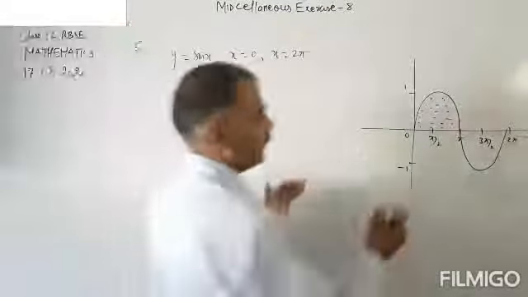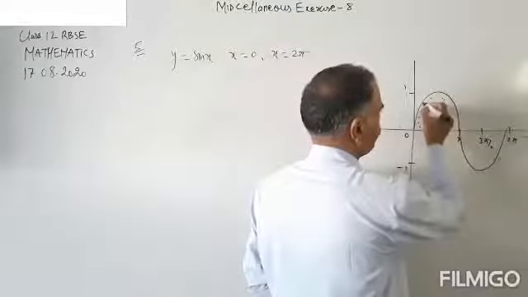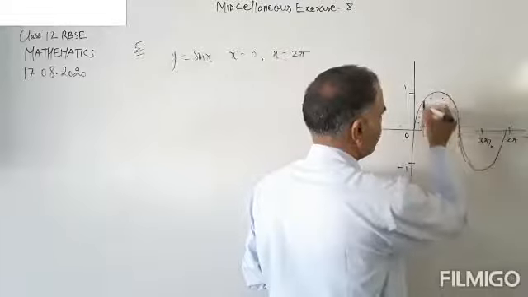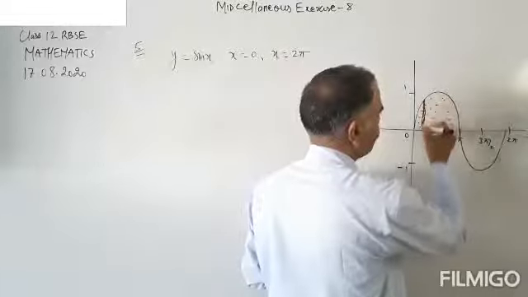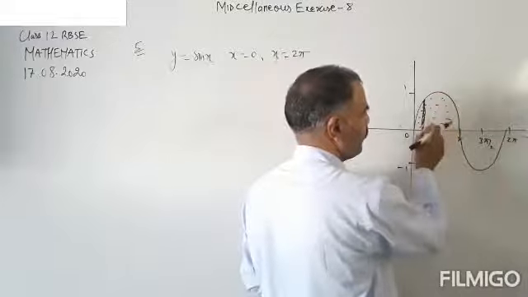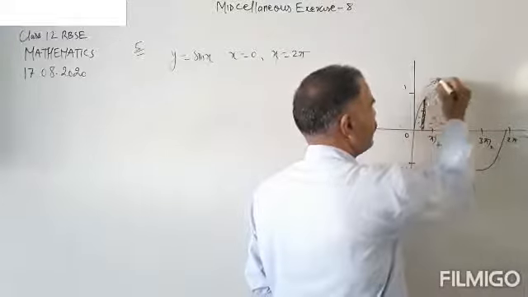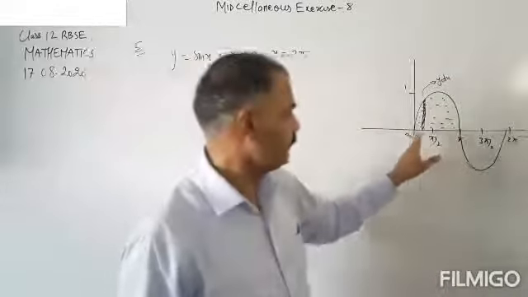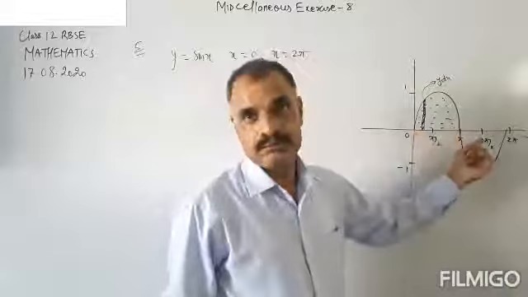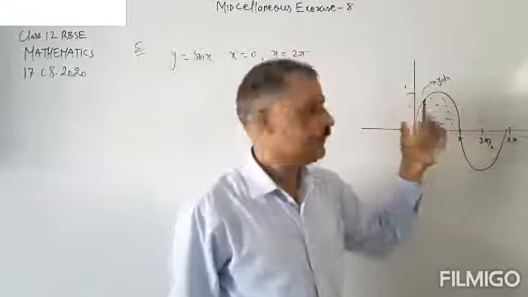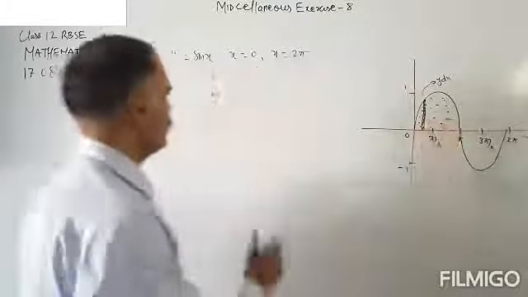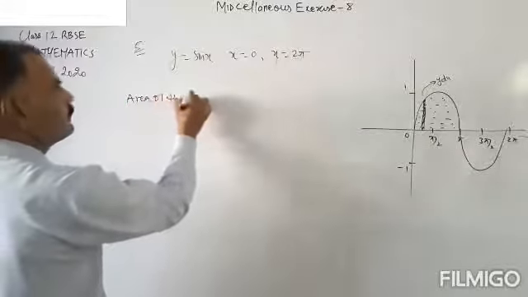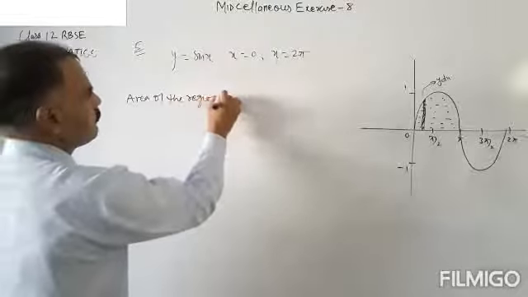Here we will take a strip, a vertical thin strip. Its length is y and its breadth is dx, that is why its area is y dx. Now this strip will move from 0 to pi, then pi to 2 pi. So from 0 to pi,